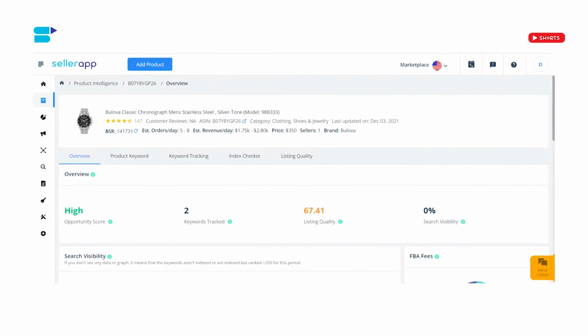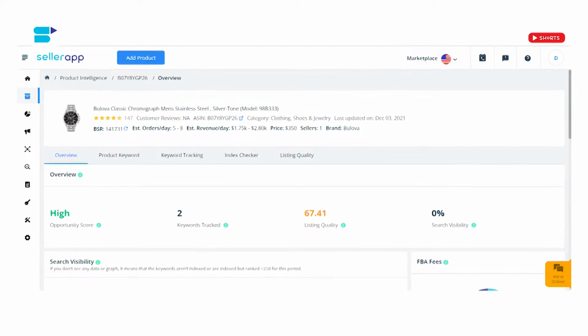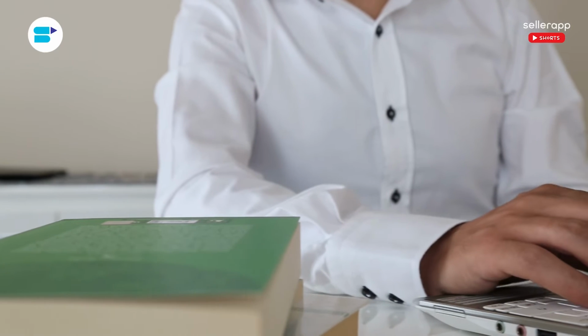You can track your products in the product intelligence tool. You can set up your targets. And SellerApp is really good about setting up meetings with you and helping you be successful. So you can always utilize their help in setting up a campaign. They'll go through it with you. They'll help you, right? But before you do that, take the time to actually do some basic PPC training and